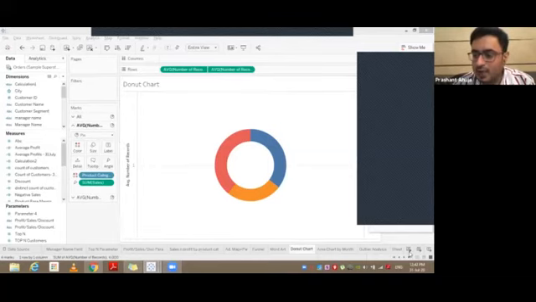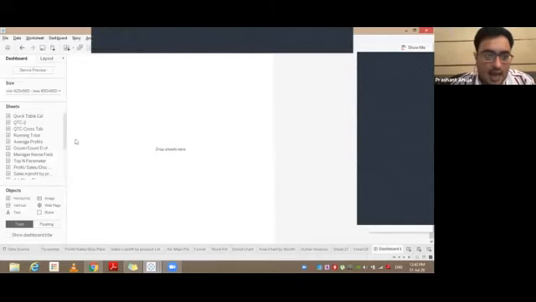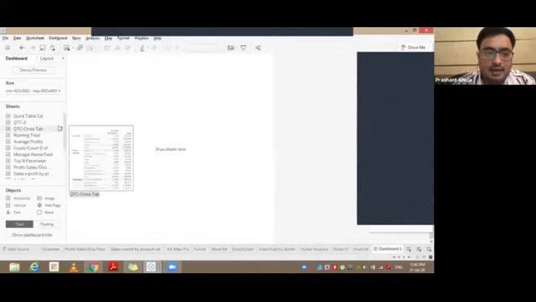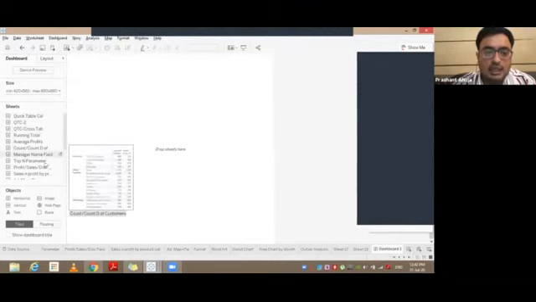So you see that we have been clicking here. Can you see on the bottom of my screen, to create a worksheet? And the next tab here is the dashboard. So this is a blank space where you create a dashboard, and all of the worksheets, all of the charts and diagrams which we have created before would come here, and we need to drag and drop these charts to our dashboard.